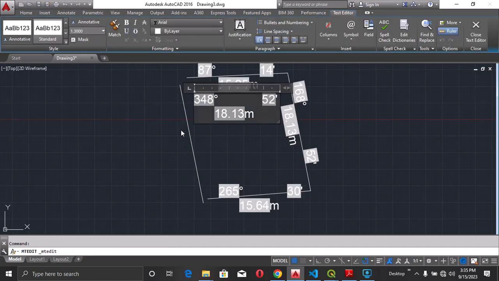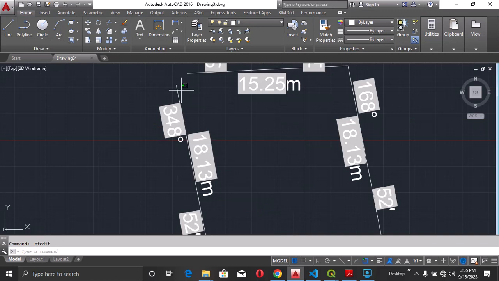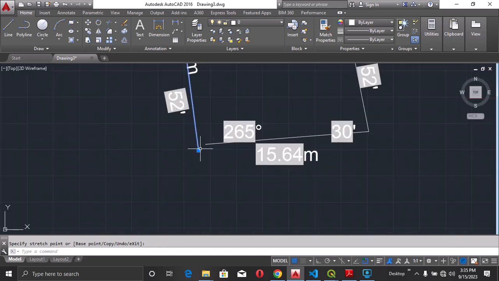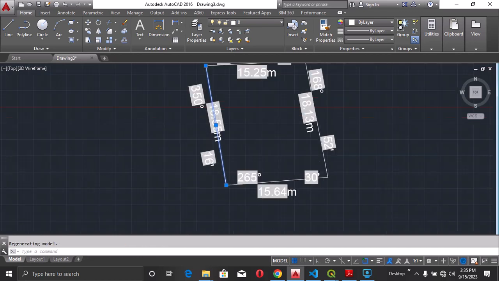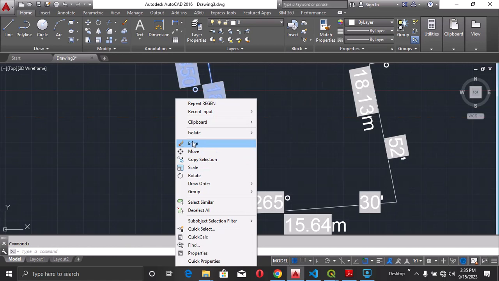So Control Home, Shift N, Control X, Control N, Enter, Control V. I have this. So once I have this here, and I have this here, regen, you can now see that